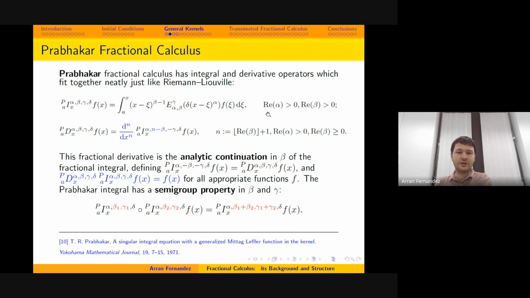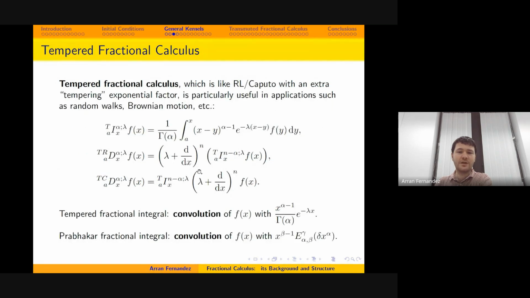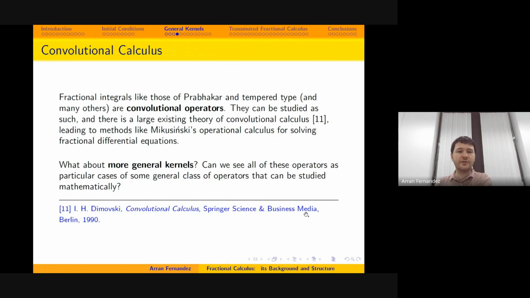So the Prabhakar integral here is a convolution of f with this modified Mittag-Leffler function. The tempered fractional integral is a convolution of f with this power function multiplied by an exponential function. So these are convolutional operators. There's a big theory of convolutional calculus related to, for example, Mikusinski's operational calculus that's used for solving fractional differential equations. Thinking of them as convolutional operators is very useful, but do we need to study all of these different